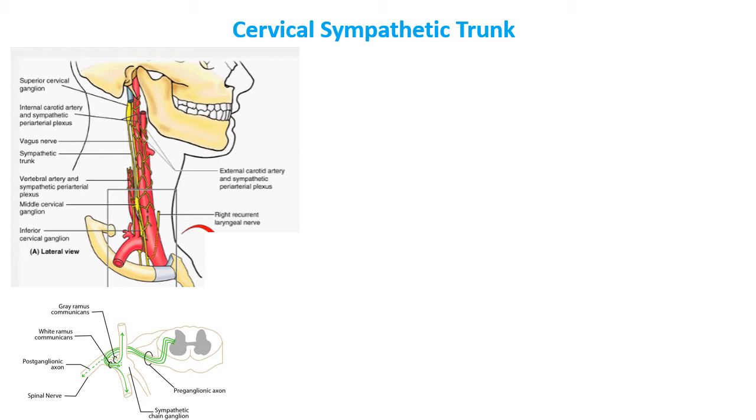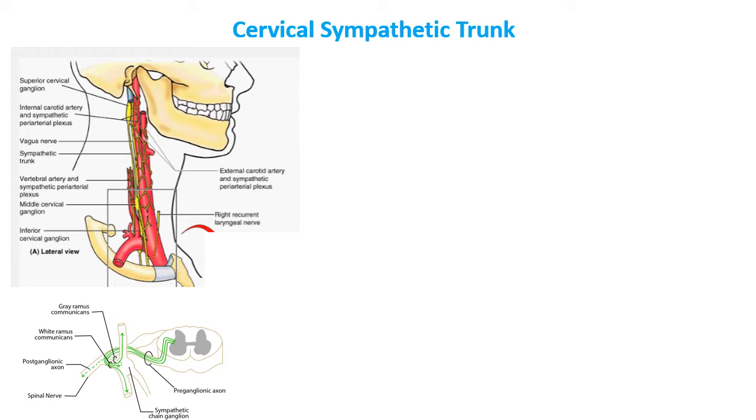It's the same sympathetic trunk which is extending all the way from the base of the skull to the coccyx, but we are studying it in parts. We are studying it in the neck, and we are calling it the cervical part. Then there is the thoracic part and the lumbar part, and then we are looking at it in the sacrum. So it's the same thing in the pelvis, which has been divided into parts for us to be able to study it carefully. But there are some variations or changes which take place at each level, which we'll understand as we go forward in this lecture.